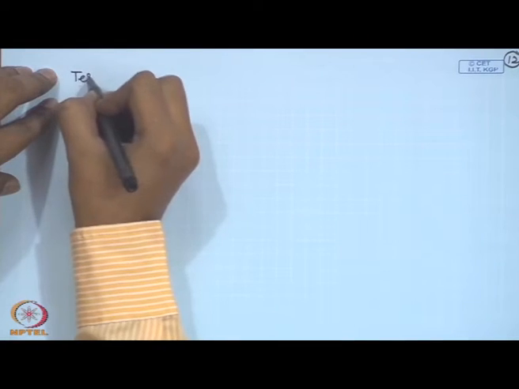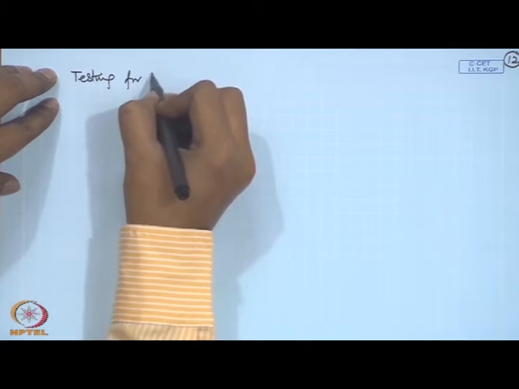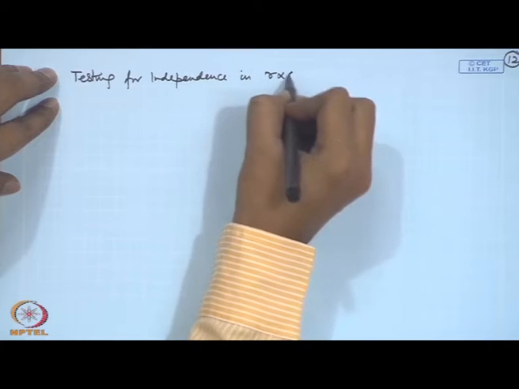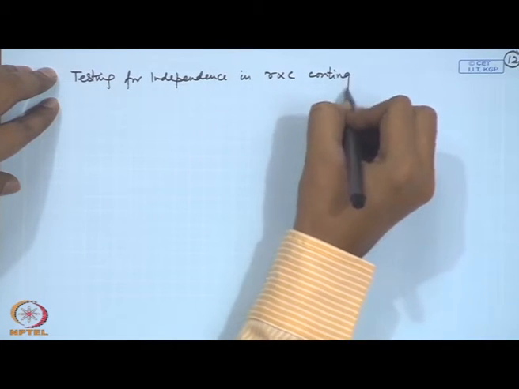Now, if we see this, the fitting of a distribution problem is basically reducing to a sort of multinomial problem, because you are dividing the entire categorized data into k categories. If we are dividing into several categories, then it is immaterial whether we divide it in one dimension or go for higher dimension also. So, let us consider in general testing for independence in R by C contingency tables.